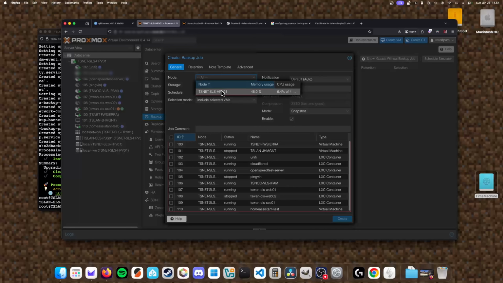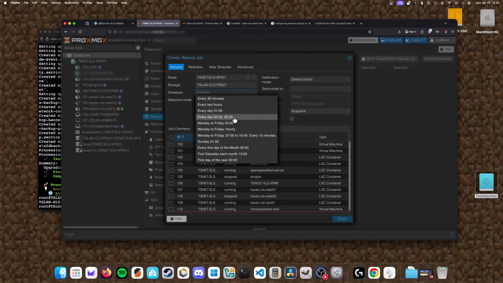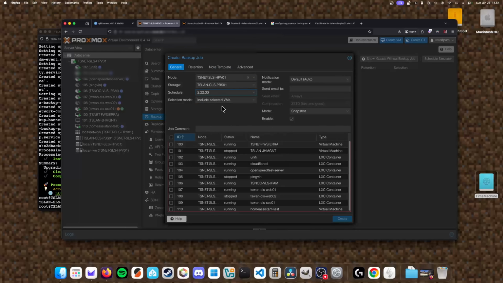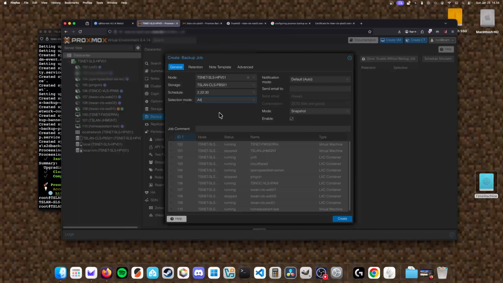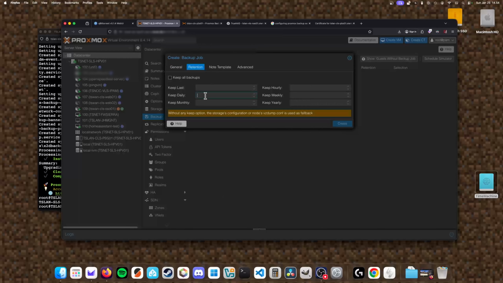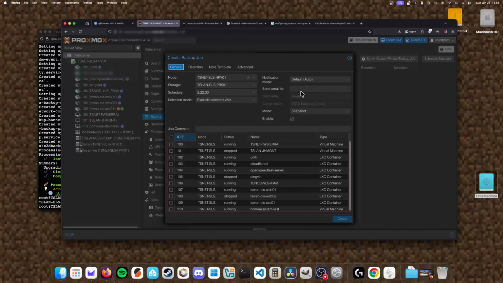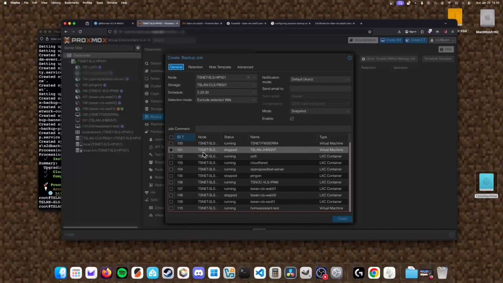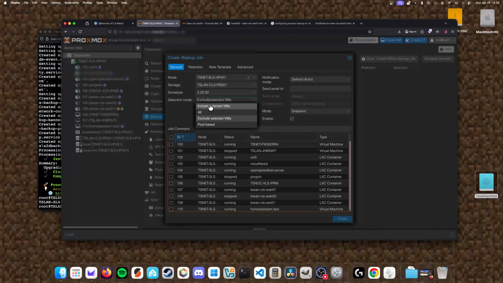Now that is added, we'll create the backup schedule and put it on that node. We'll do every day, and we'll just do all of them, I think. Yeah, exclude selected, then we'll just not select any. We'll do the same, we'll do 7.3, and I can't create it because I'm missing something. Snapshot, default. I do have to select one if I do that. So we'll do,